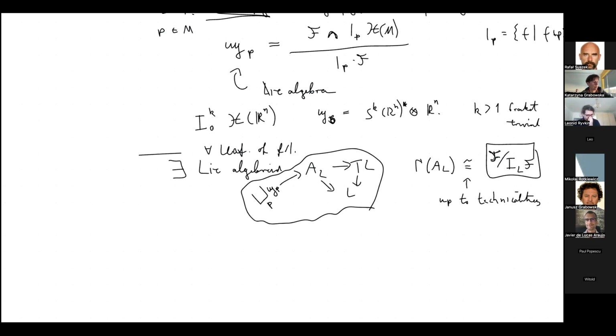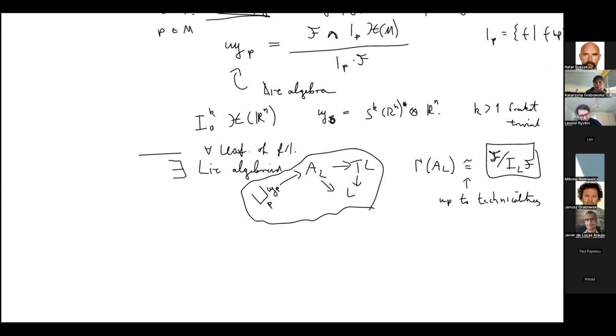Maybe I would just like to say that this machinery, using this module language to define invariance of the foliation, is relatively flexible. So for instance, if you say that this is giving me the infinitesimal generators of the foliation, but I actually only care about the linearization, I want to linearize the foliation, then I can very easily say that, okay,